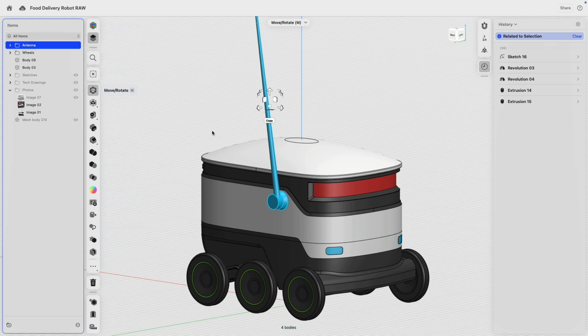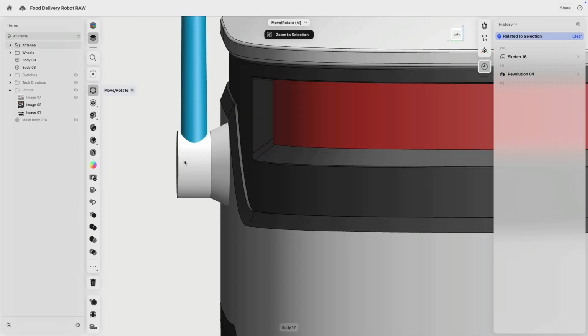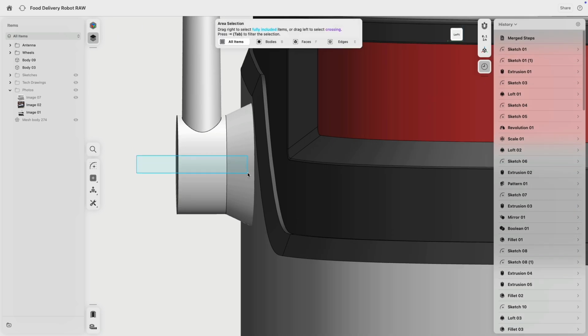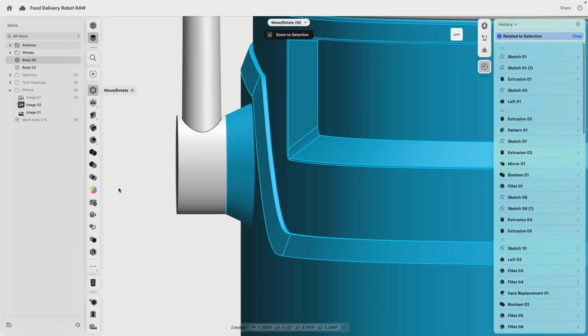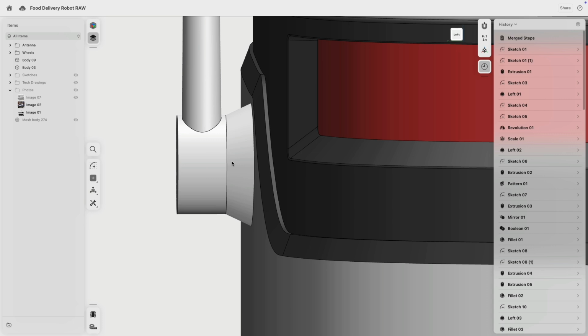Very good. I will go to this view and say, hey, you and you, union. Then ours here, these two, you to you, union. And then from the right to the left,